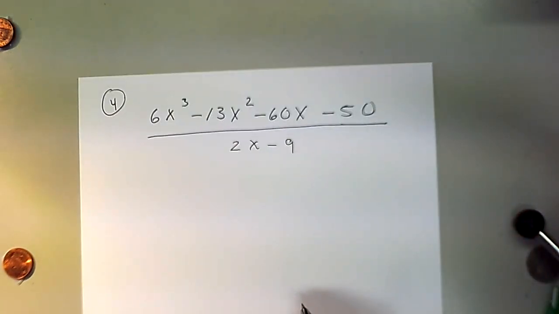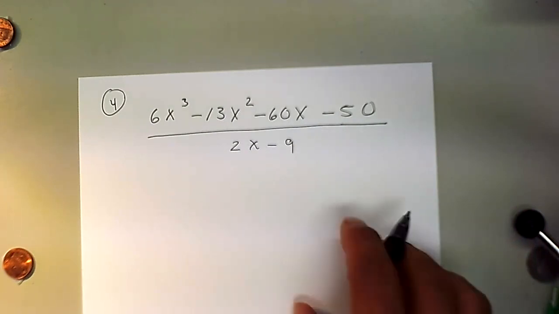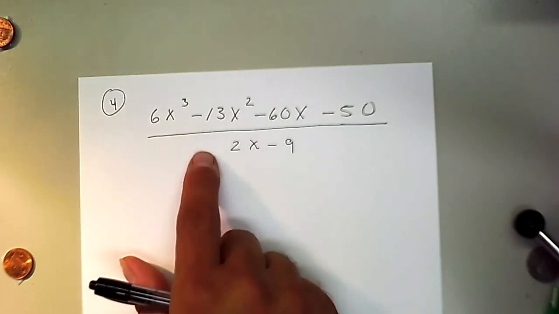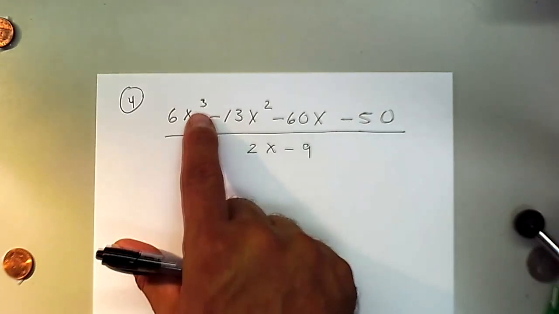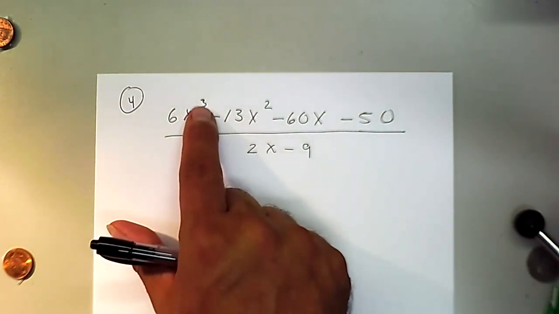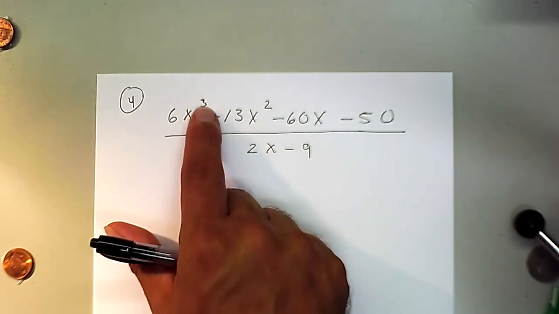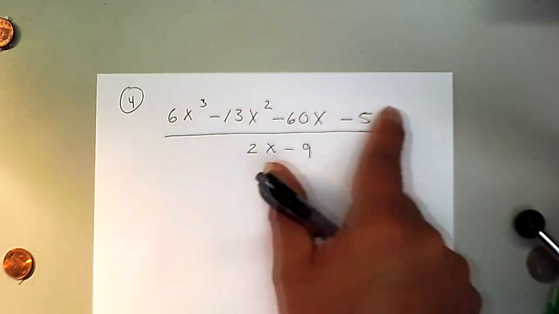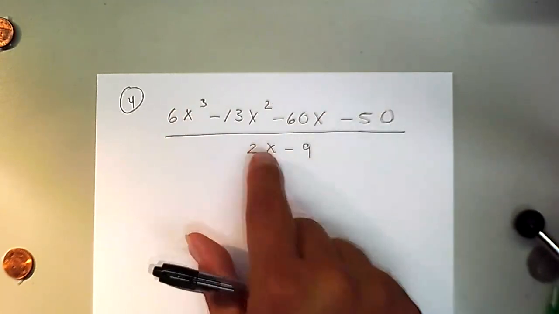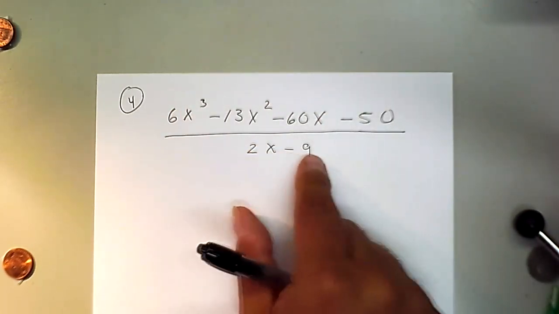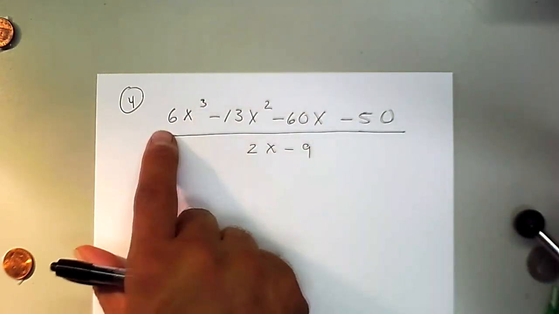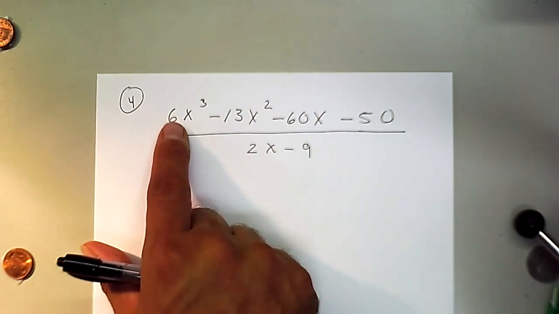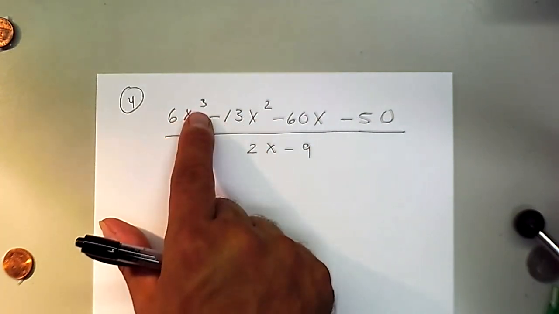And we want to rewrite this as a polynomial with a fraction that is a proper fraction. This is not a proper fraction in the sense that the polynomial on the numerator is way bigger. Please remember, the size of a polynomial is measured by its highest exponent. So the highest exponent of this polynomial is 3. So the size of this polynomial is 3. It has degree 3. The size of this polynomial is 1, has degree 1. And consequently, this polynomial is way larger than this one. The size has nothing to do with the number, the coefficient. It has to do with the exponent.